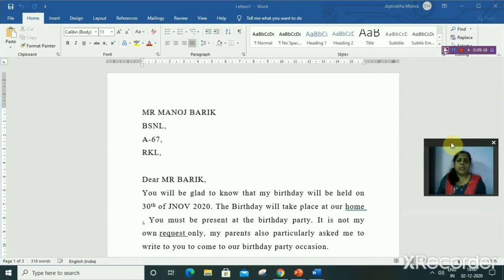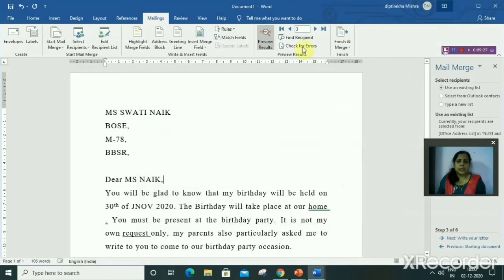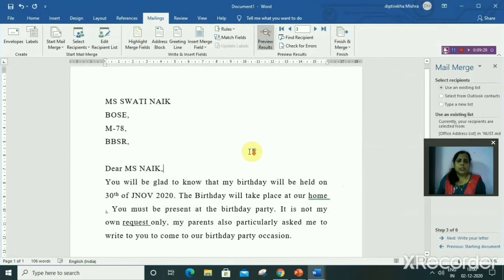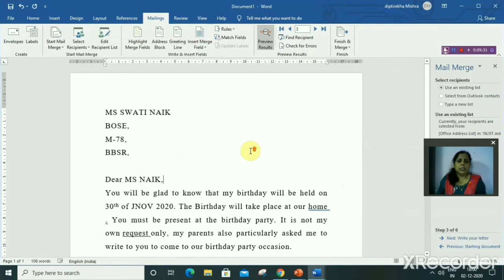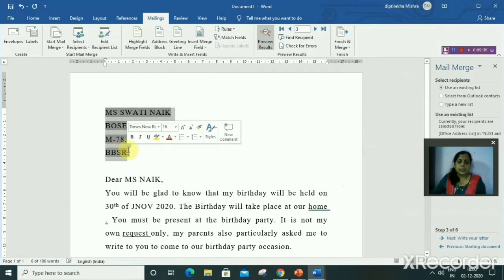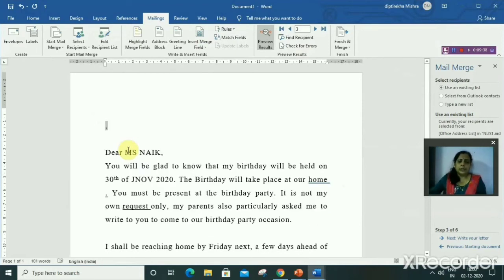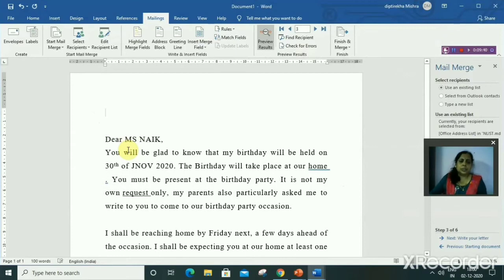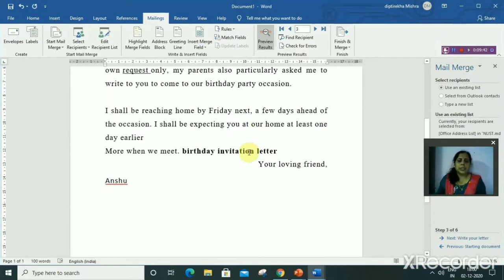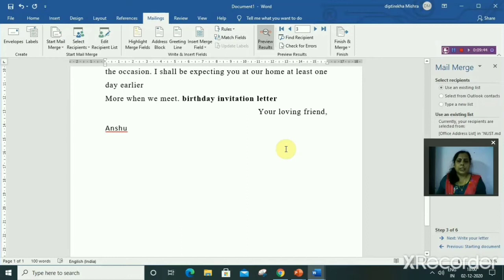Also we can use MS Excel to create the recipient list. So the second question is all about the recipient list created in MS Excel. So let's start that. To create the recipient list in MS Excel, we will start MS Excel.